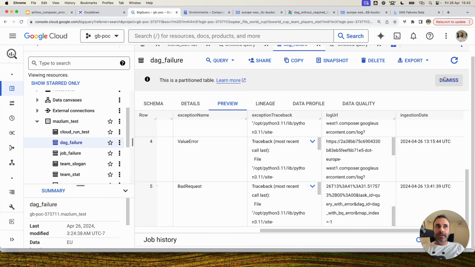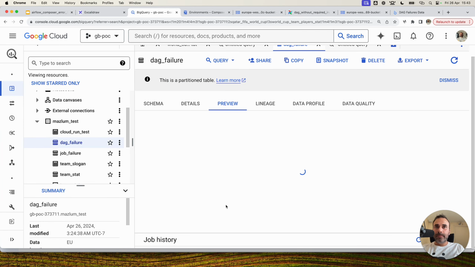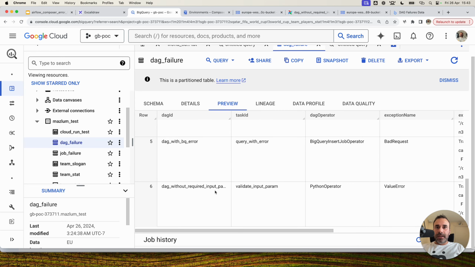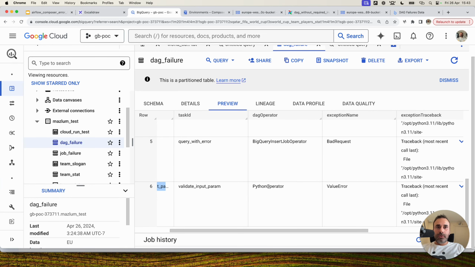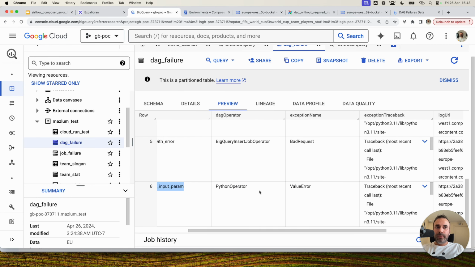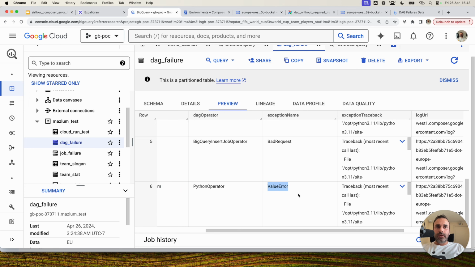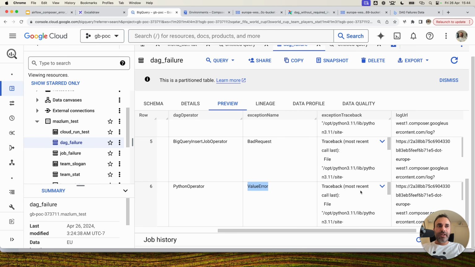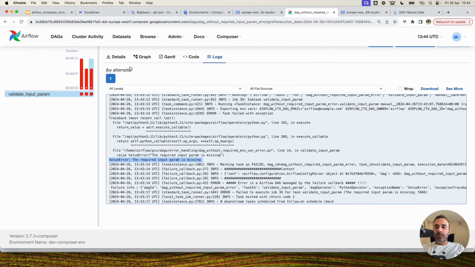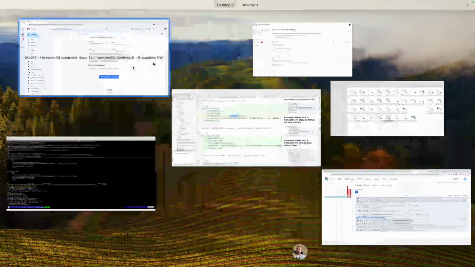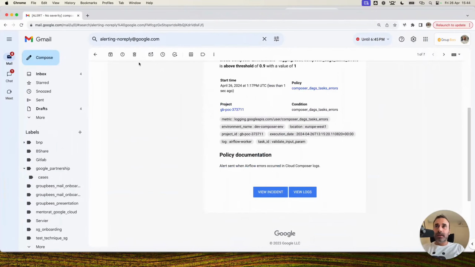I access BigQuery again, I refresh my table, and I have the line concerning the second DAG, and also in this case the Python operator. The task ID is validate input param. I also have the current exception, the traceback, and so on. It's really perfect. I simulated the error, and normally I will also access the email